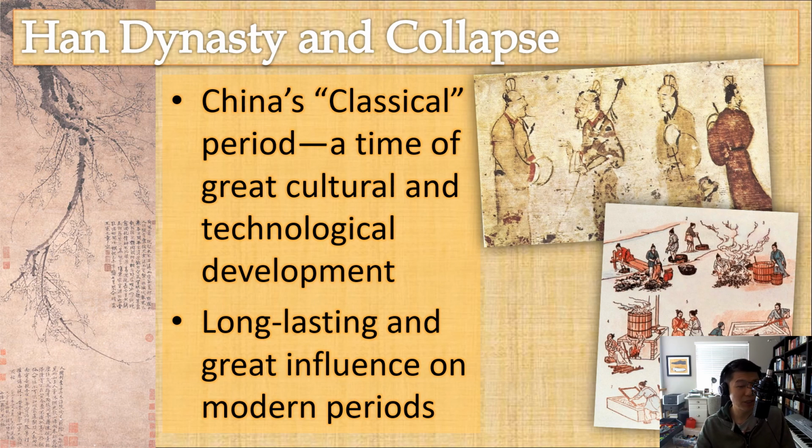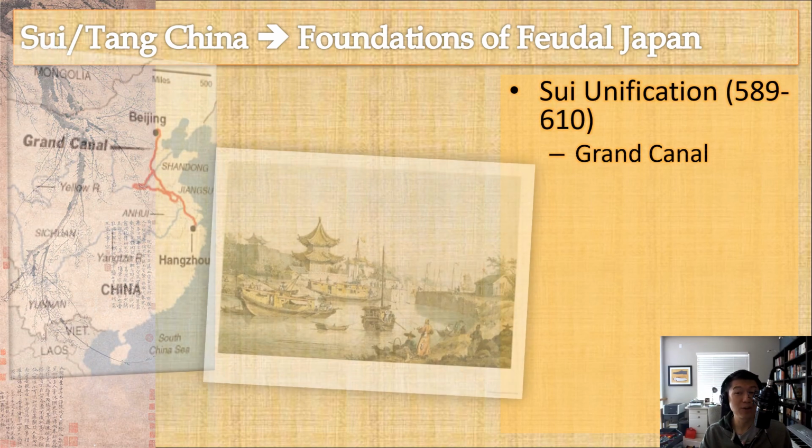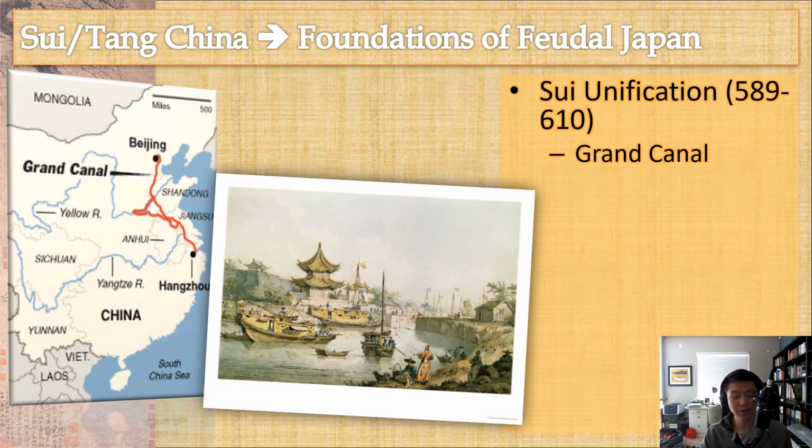Okay? But like most Chinese dynasties, after the fall of the Han, China entered into a series and really centuries of various warring aristocracies fighting for control of the entire region. China was not reunified until one of these regions, known as the Sui, was able to bring the state back together in the 6th century, but it didn't last long. But during the time that they were in control, they were able to do a number of things.